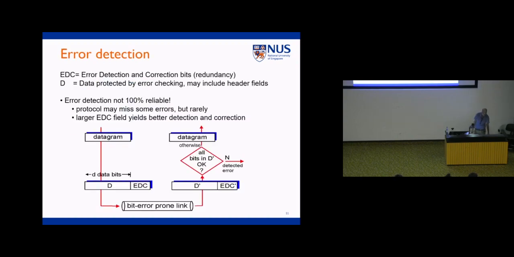So maybe now let's go and look at error detection and correction a bit. The whole idea of error detection and correction is that I'm transmitting packets over an unreliable link. So it is possible that some of the bits will be in error, so I need to be able to detect it. Now, nothing comes for free. If you have the original data and you want to be able to detect or correct errors in it, you have to pay the price, and the price is in terms of this overhead, and this is essentially your error detection or correction bits